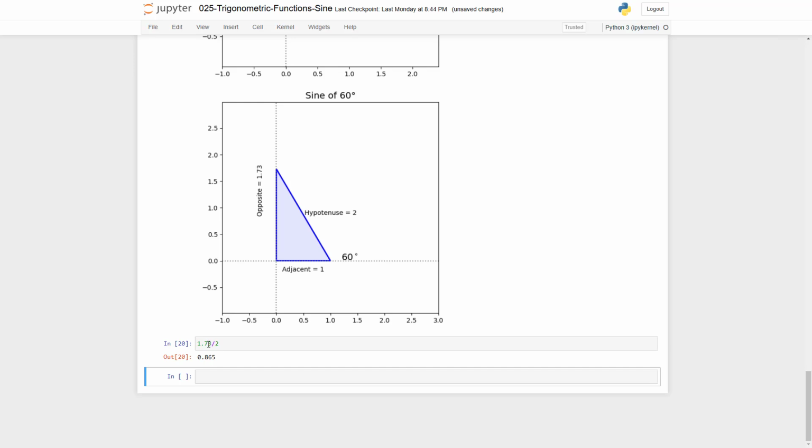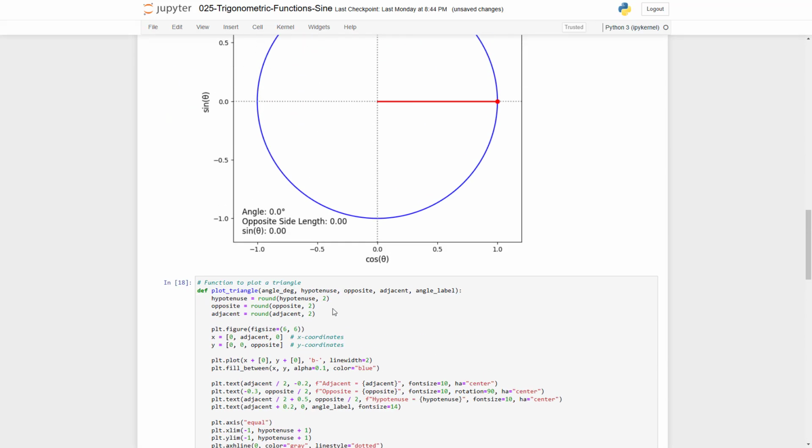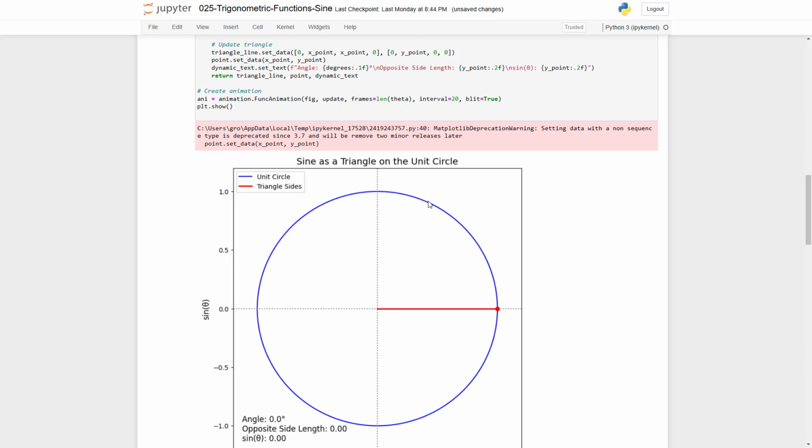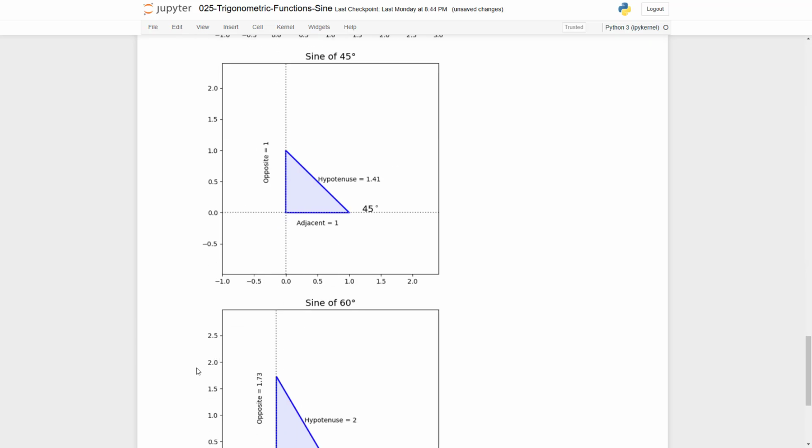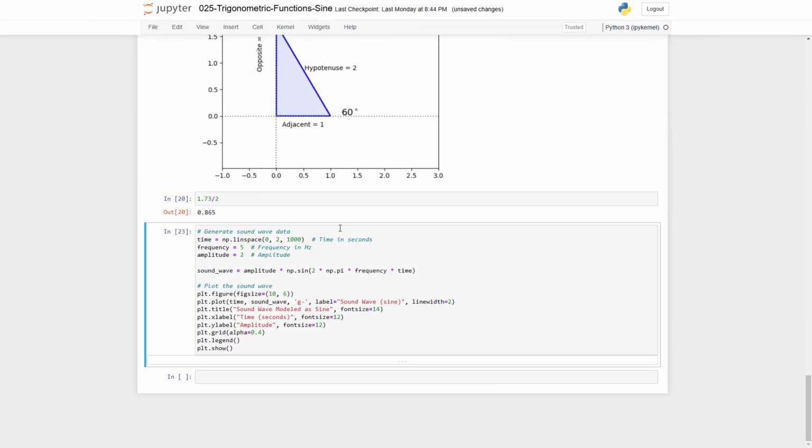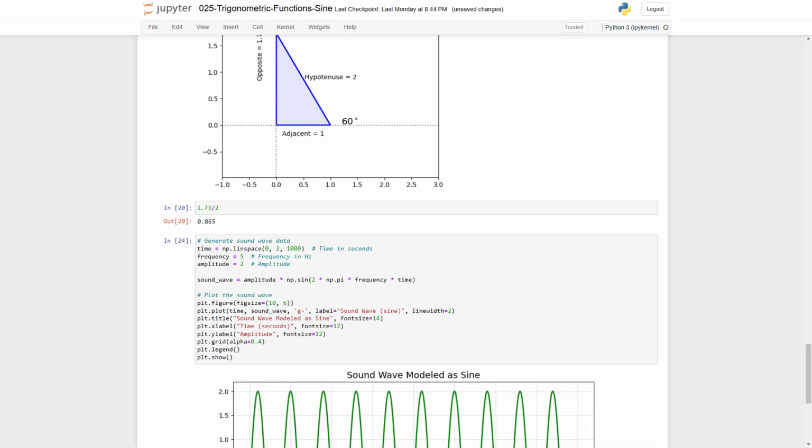Thank you for watching, and just before we leave, I'm going to give you the sine function, because it's a bit unfair to talk about sine and not seeing the sine function itself. So I'm going to plot it as well. In order to display it, we will be talking about sound wave data, because the sine smoothly oscillates, just like the vibration of a guitar and the compression of air in a sound wave. So just to generate it and to see how it works,